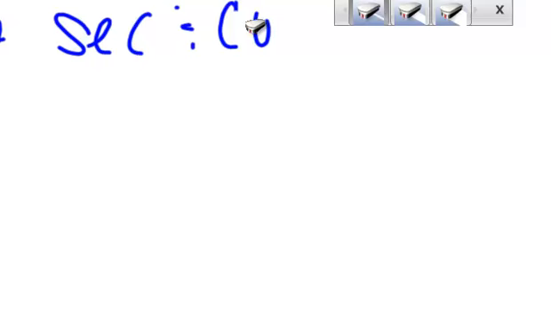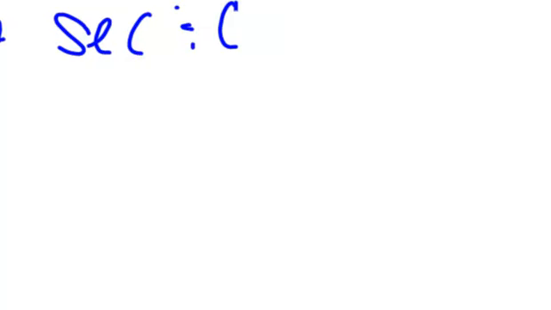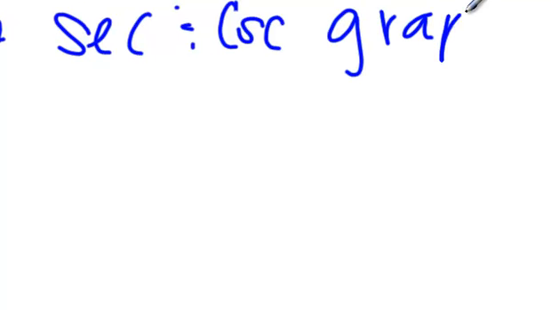Hey guys, today we're talking about 3-7, secant and cosecant graphs. Okay, sounds harder than it is. If you can do sine and cosine, secant and cosecant are easy. Okay, so as a reminder,